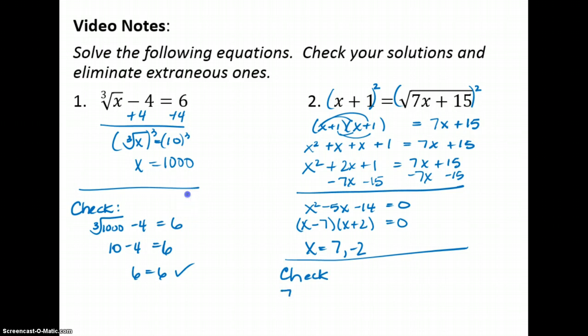So I plug in 7, I get 7 plus 1 equals the square root of 7 times 7 plus 15. I get 8 equals the square root of 64. So 8 equals 8. Check. Now I'm going to check negative 2. I get negative 2 plus 1 equals the square root of 7 times